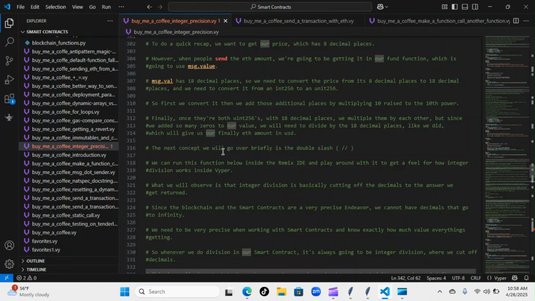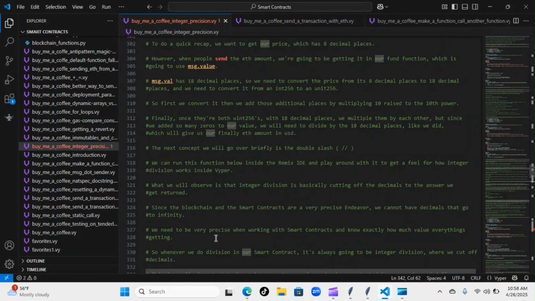Now the next concept we will go over briefly is the double slash. You can see here, we can run this function below inside the Remix IDE and play around with it to get a feel for how our integer division works inside Vyper. And what we will observe is that the integer division is basically cutting off the decimals at the end. Now, since the blockchain and the smart contracts are a very precise endeavor, we cannot have decimals